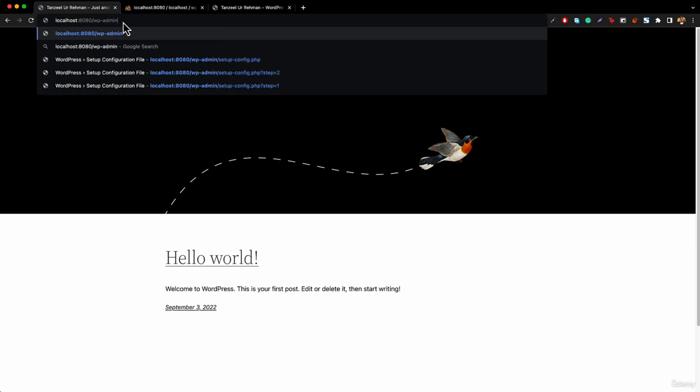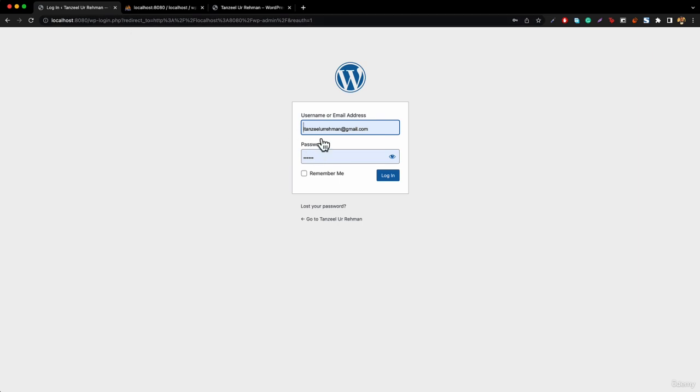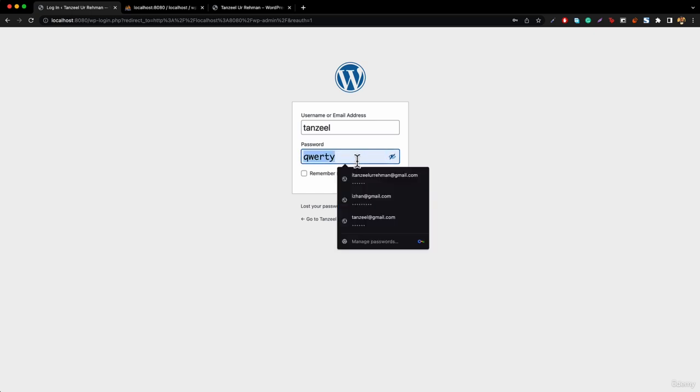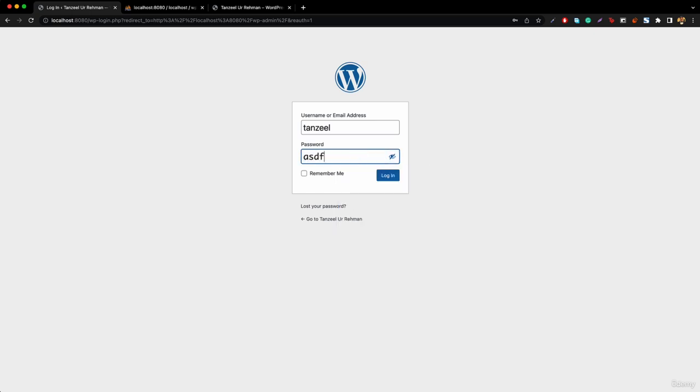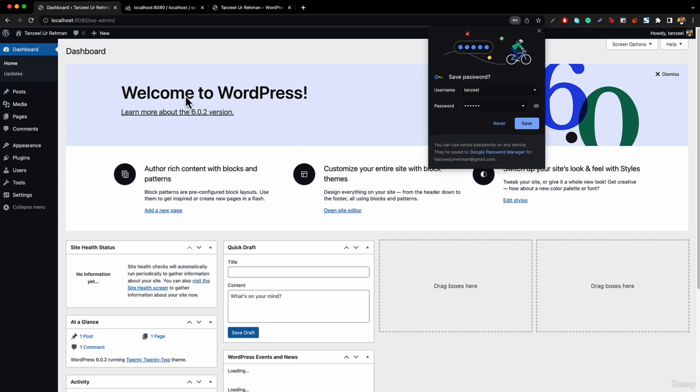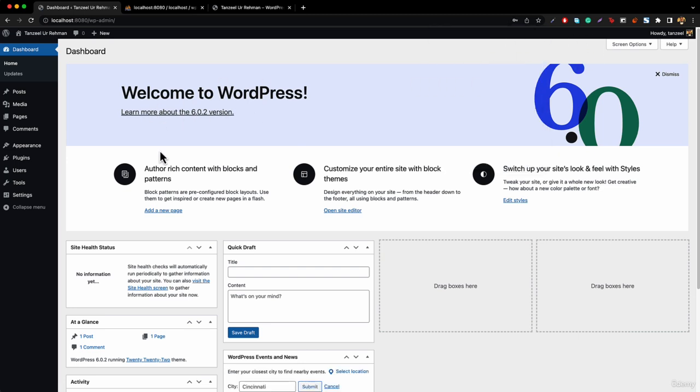/wp-admin, and now we have to hit enter, and now in here we need to enter our username, that was Tanzil, and in the password we will be entering in here ASDFGH, and now we have to hit login, and now we are able to log in to WordPress right here. Congratulations, and in the next lecture we're going to be taking a look at some of the bugs